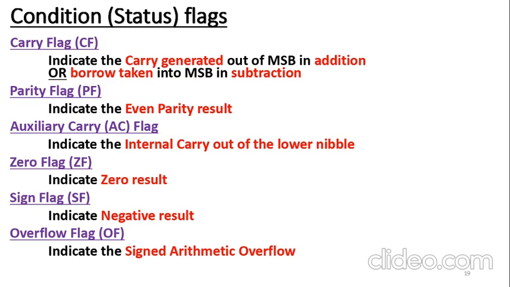The numbers which I want to add, say for example plus 85, which is well below plus 127, can be represented in 8-bit register format, and the second number is say plus 65. First number is plus 85, second number is plus 65. Both the numbers are well below plus 127 and can be easily represented. Arithmetic addition can be performed.